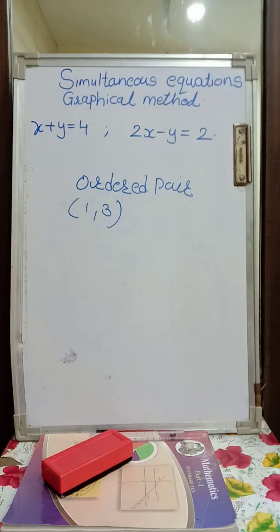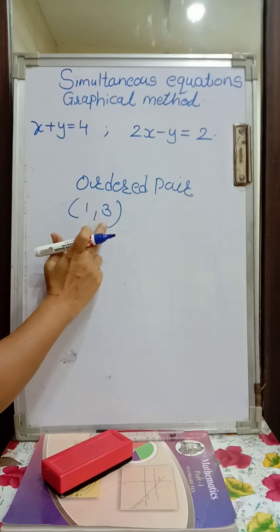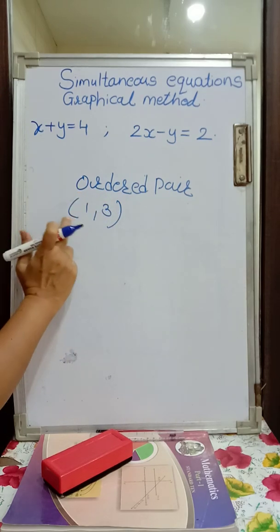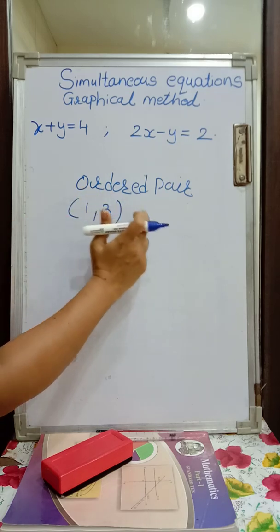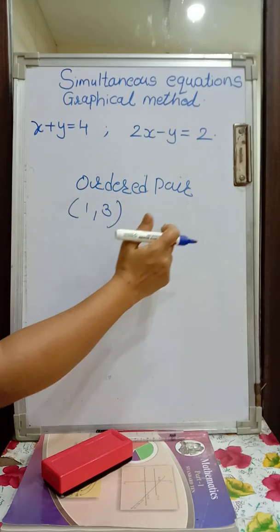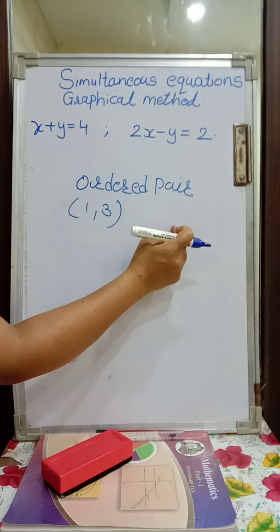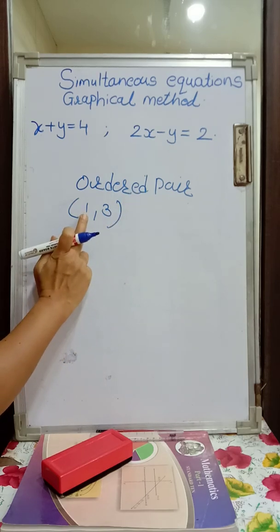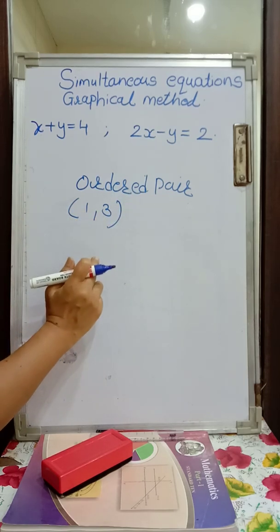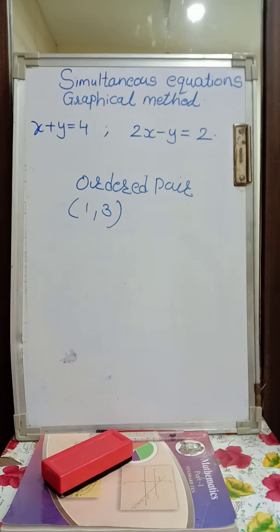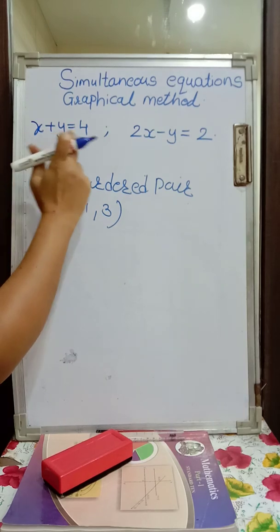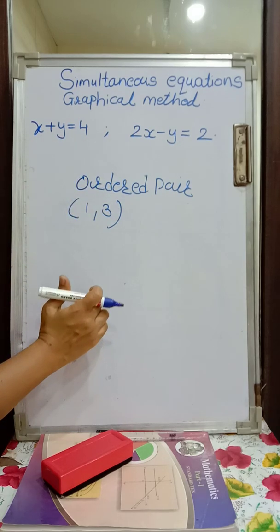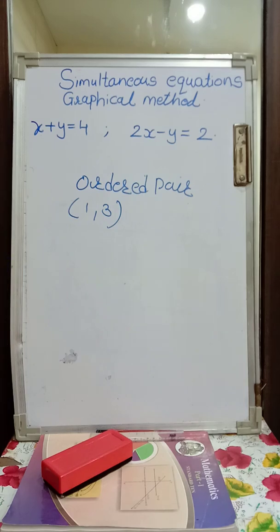Now, what's the use of finding ordered pairs? With the help of these ordered pairs, we are going to represent a line on a graph. Now, see, one ordered pair will represent one point on a graph. Because if you put one point on a graph, then it will have some x coordinate and some y coordinate. So, for a point to represent, you need one x and one y coordinate. So, like this, if you find 4 ordered pairs, you will get 4 points for this line. And then with the help of these ordered pairs and 4 points, for this equation we will be able to draw one line.